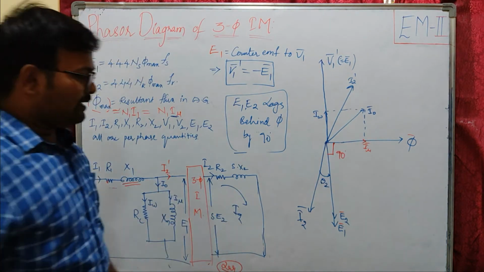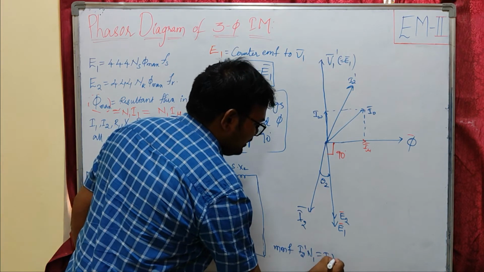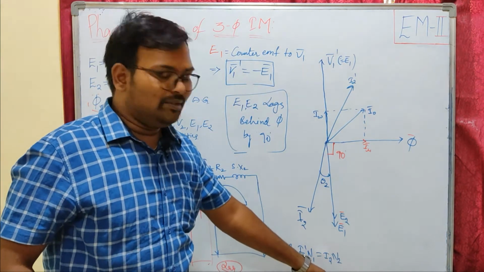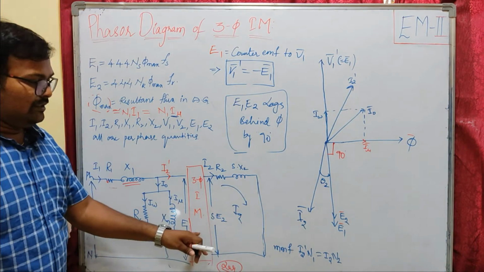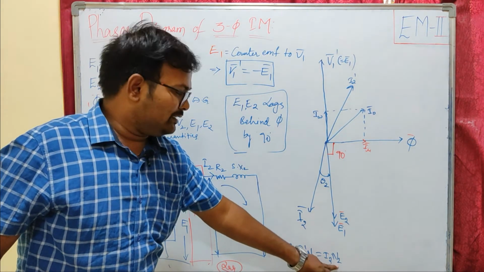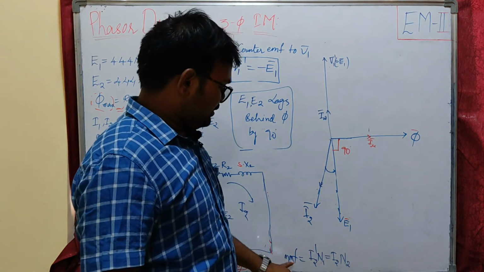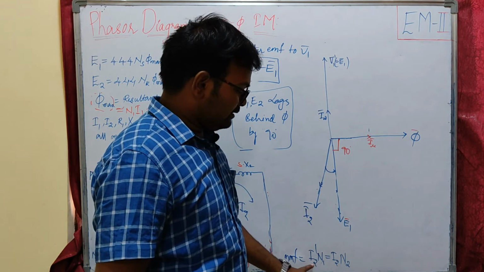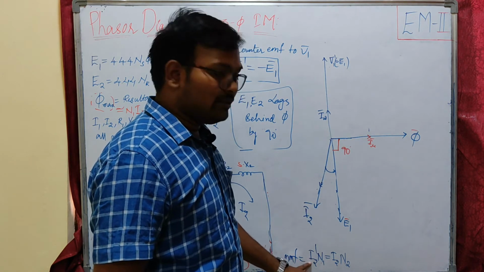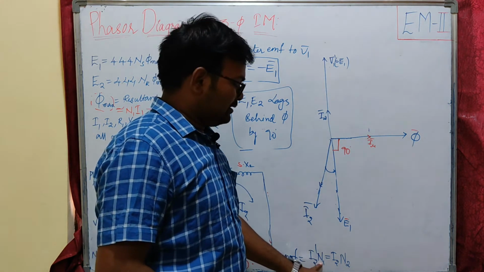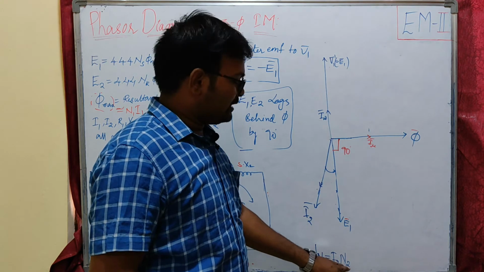Actually, what is happening is the MMF balance in the machine: I2 dash N1 equals I2 N2. Whenever there is a load, this load current will cause some disturbance in the air gap flux. Due to this change in I2, our I2 N2 will change, which is nothing but our MMF, and hence our air gap flux. The load component of stator current, I2 dash, when it links with the stator turns, produces an MMF equivalent to that produced by the load current linking with the rotor turns.